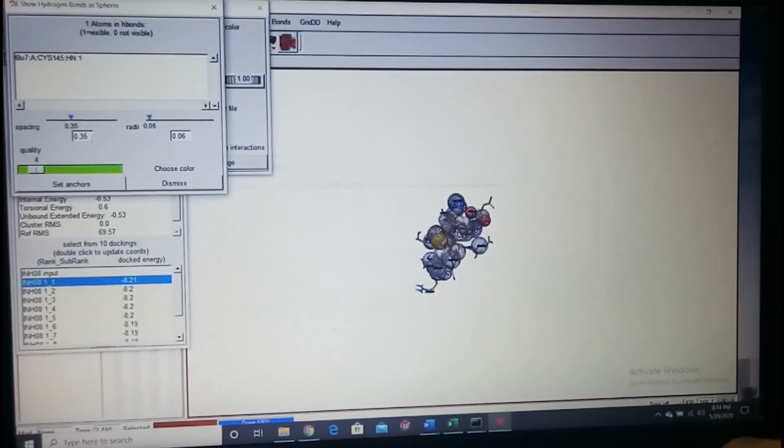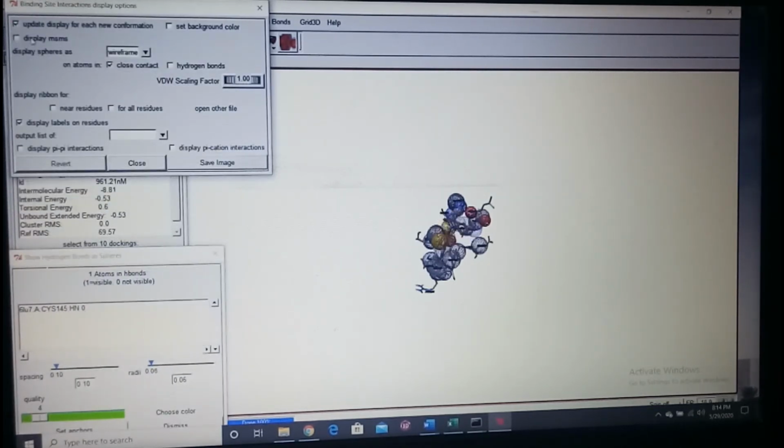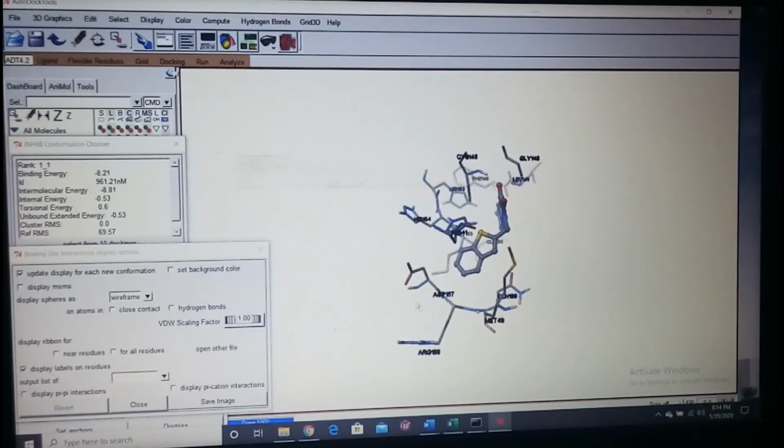Just put this to 0.10, okay, and there's one interaction, it means. Okay, and click on this one, uncheck this one and this one, and just click on here so that it gets to the middle.